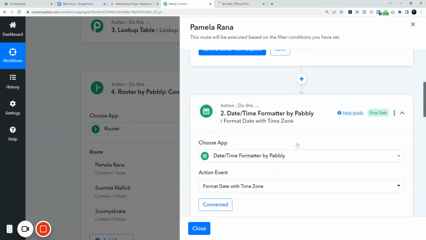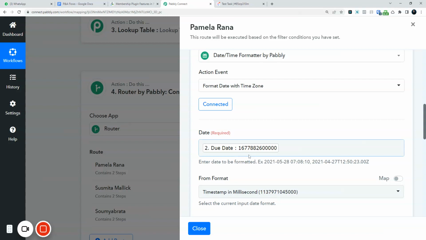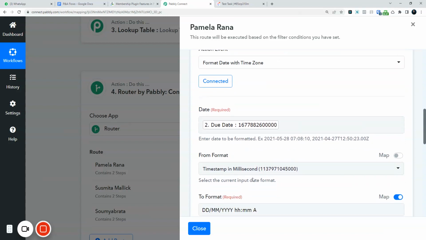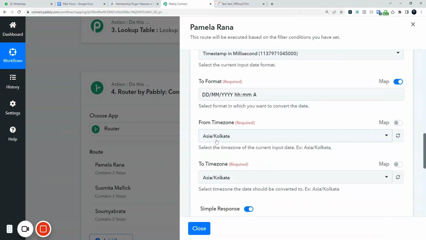In the second step, I have just used a date and time formatter, because whenever we fetch the details from ClickUp, it comes as a timestamp in milliseconds. Obviously, that is not something which is readable by a normal human, so I'm just converting the timestamp into a regular looking date and time. And I have used a date time zone converter as well. Although in this case, I'm just using